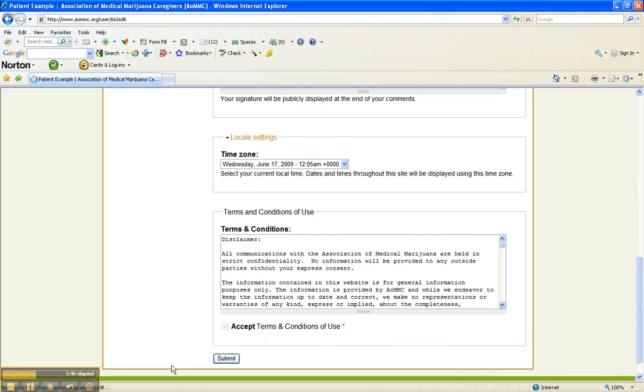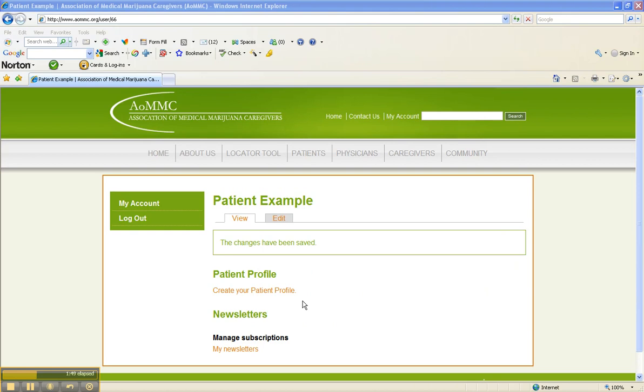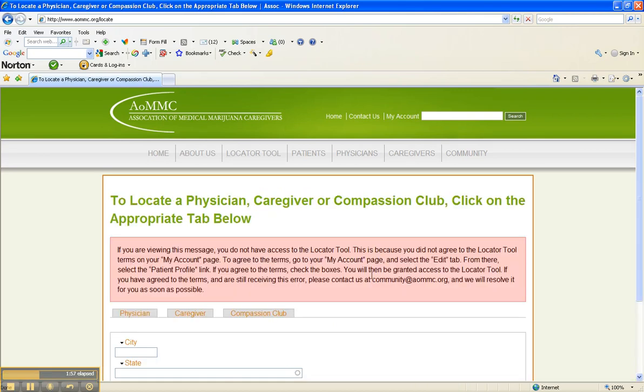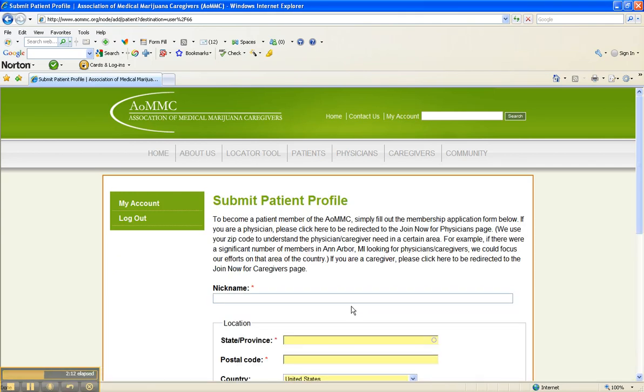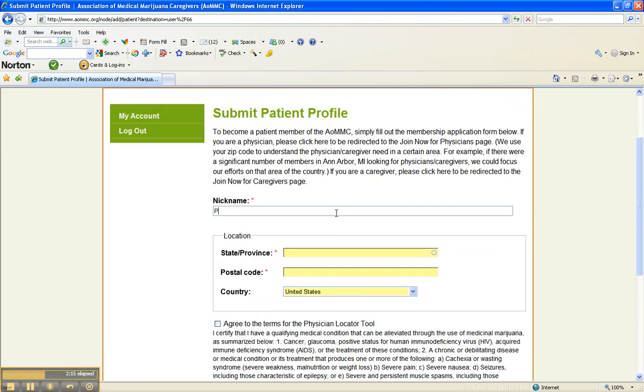Now, this is going to take us to our main account page. And if we were to go directly to the Locator tool at this point, we would receive an error because we have not yet agreed to the Locator tool terms. So to agree to those, what we need to do is go back to my account, click Create Your Patient Profile, and this is where we're going to enter our nickname, our state, our zip code,